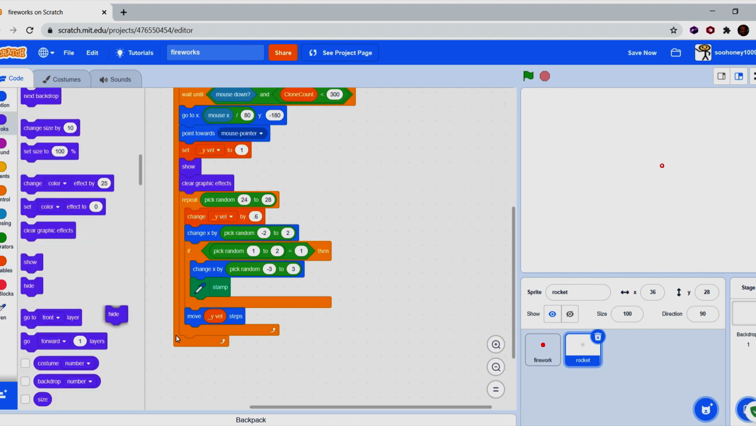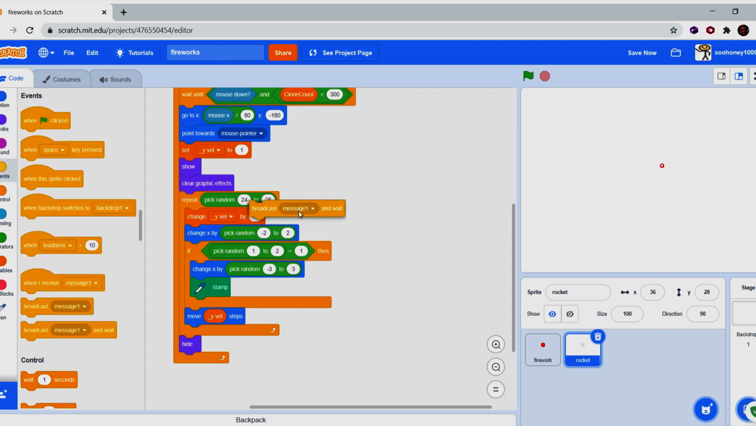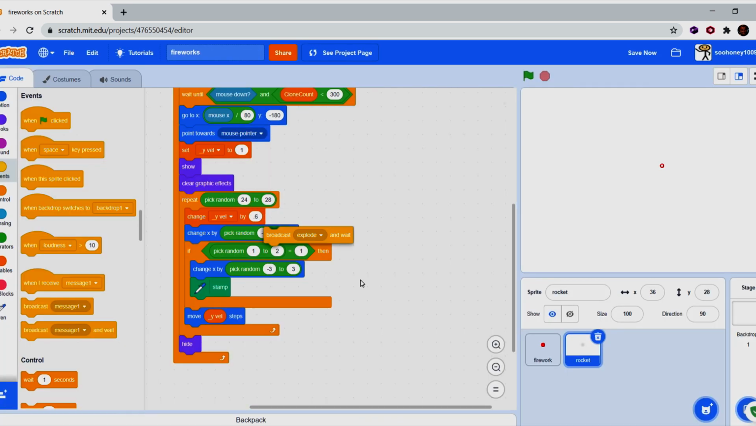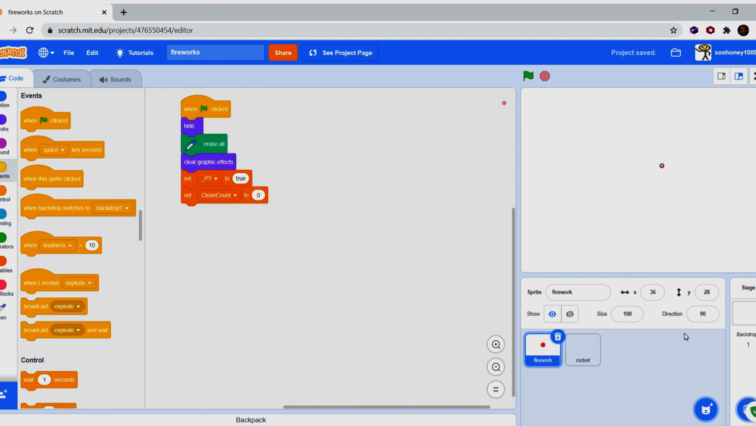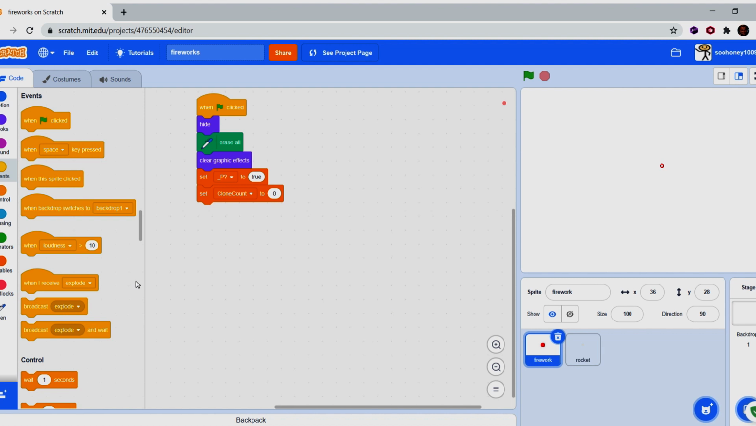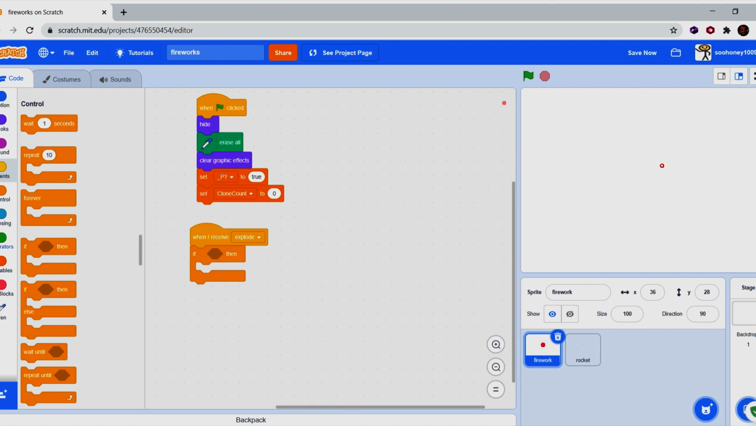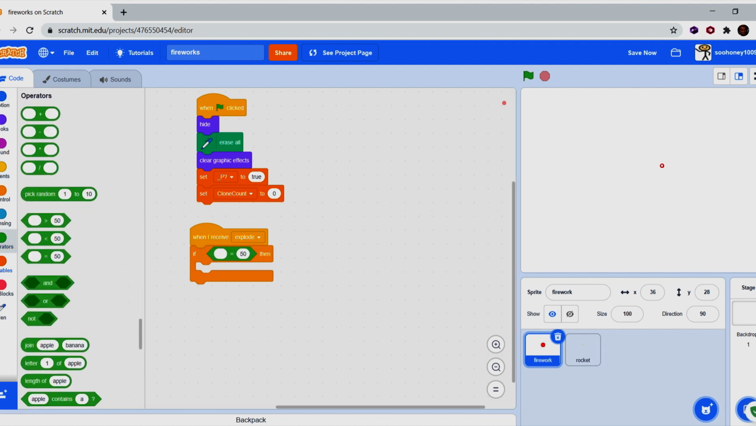And then what we're going to do is go hide. And then we're going to broadcast explode and wait. That should be all the codes for the sprite. So let's go back to our firework. And then now what you're going to do is when I receive explode, and we're going to check if equals